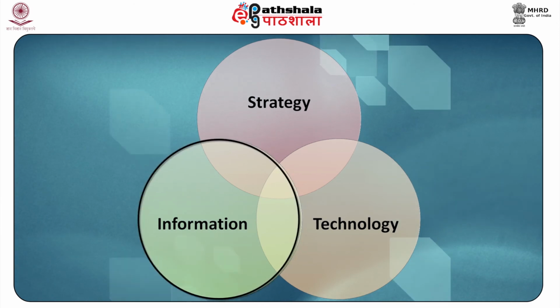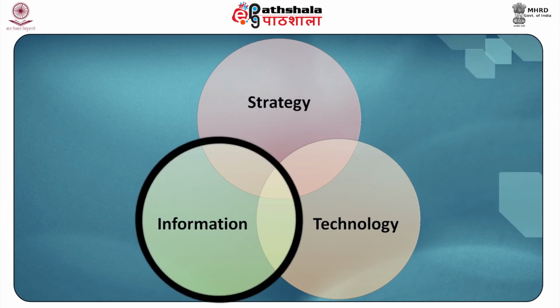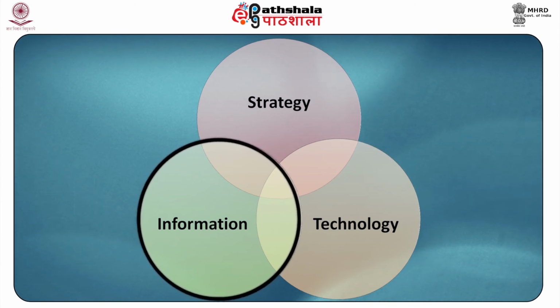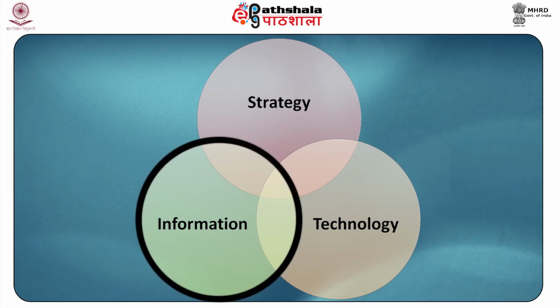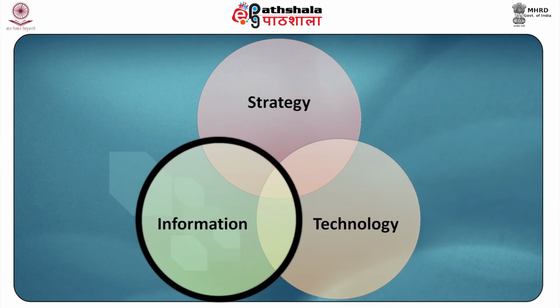The organization may follow a mechanistic or a bureaucratic structure, which is the functional structure, if they do not require information sharing and the processing of information to realize their organizational goals. On the other hand, they may follow an organic structure like project, matrix and network structure if they require information sharing and information processing to achieve their goals.